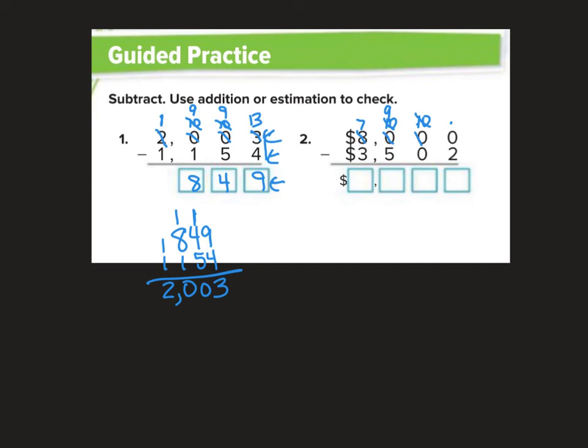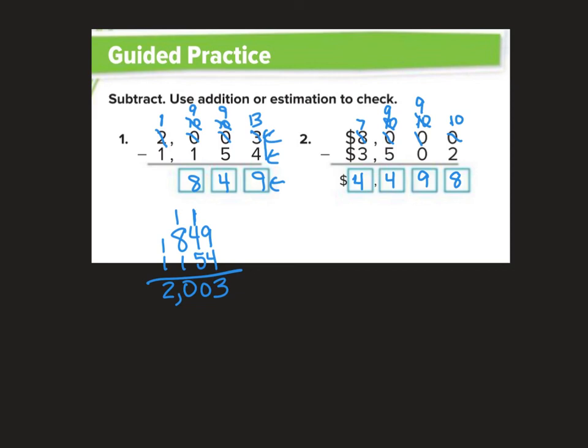I've got to take away 1 ten to make 10 ones. 10 minus 2 is 8. 9 minus 0 is 9. 9 minus 5 is 4. 7 minus 3 is 4. And there we have it,